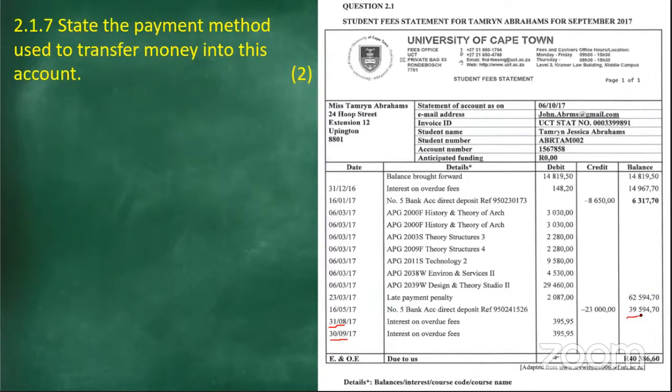Remember, this is the total amount she's owing, right? So in August, they charge her 1% of this amount that she's owing end of August. That's why there's this charge that month. Then in September again, she didn't pay again. That's why she's also charged once again the 395 because the balance is still the same. Is that clear for you, everyone, and Genesis?